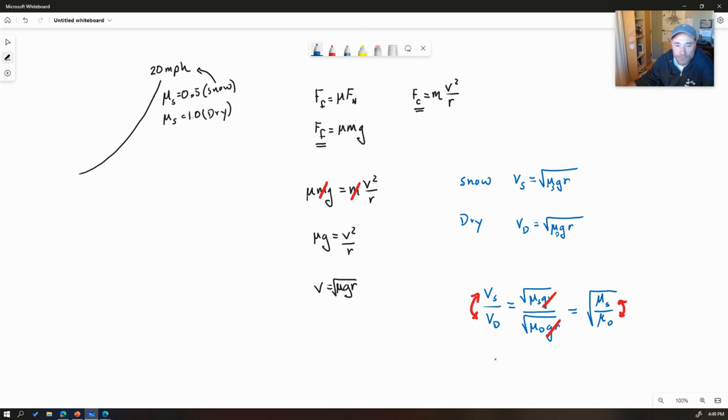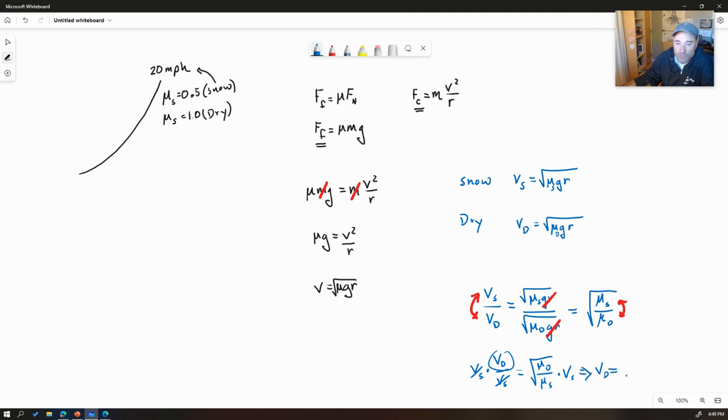So I'll do that, where I've got Vd over Vs is equal to the square root of the coefficient of dry divided by the coefficient of snowy. Sorry for the change. But if I multiply now by Vs on both sides, it's going to cancel over here, and I'll get my velocity dry on this side, and that's my snowy. So I'll go ahead and do that just now because I know all of my pieces, and I've got the velocity of my dry